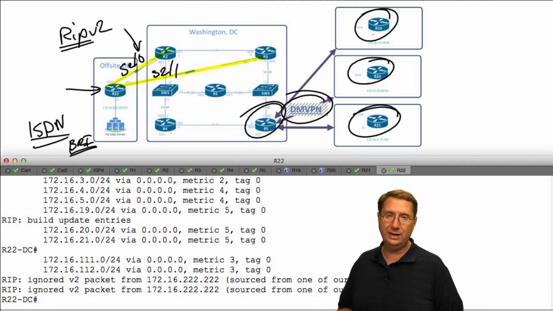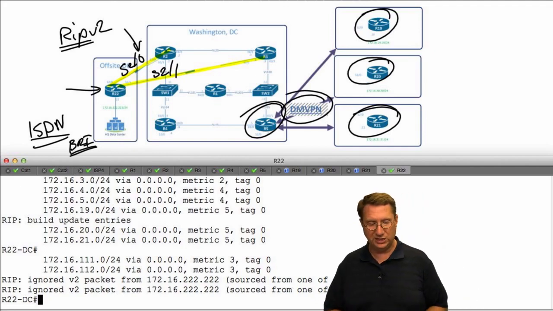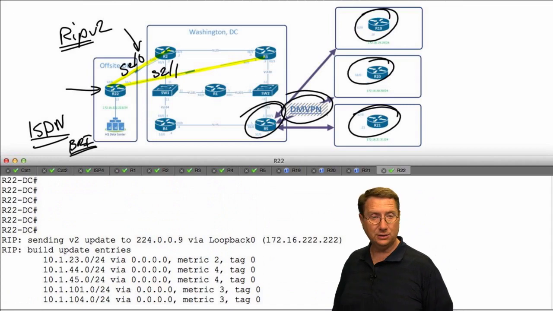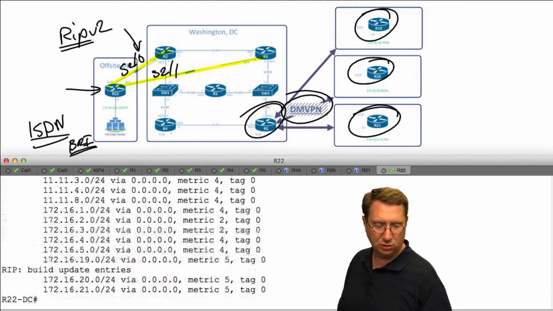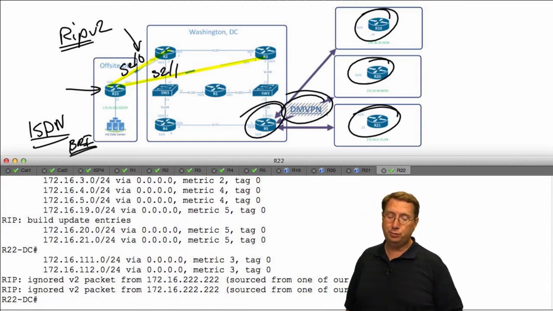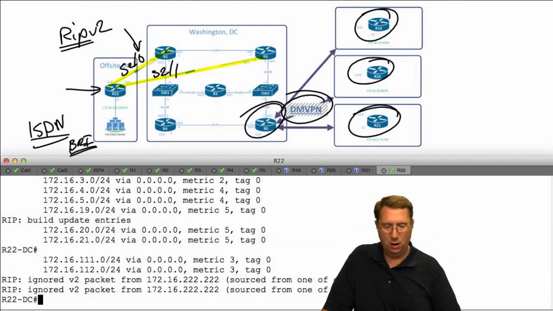It will not work on Ethernet connections. It will not work on a virtual Ethernet connection like a tunnel interface. But the main thing is that we can see we're not sending information out our physical links, our serial links, but we are still trying to communicate out of our loopback interfaces. So again, pretty interesting with regard to the way it operates. However, what happens if I change something? Well, I'll go over to